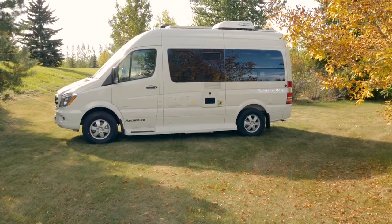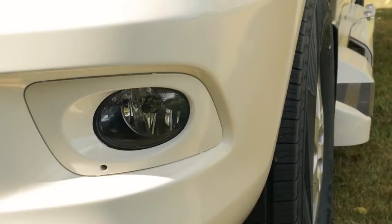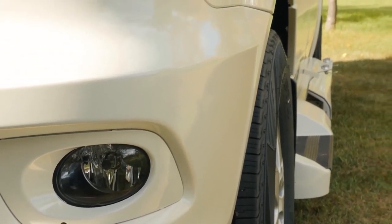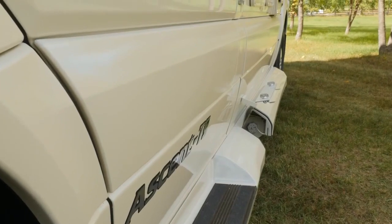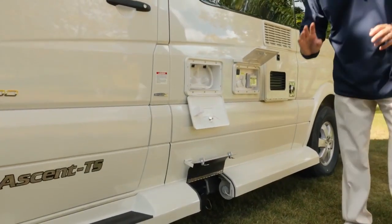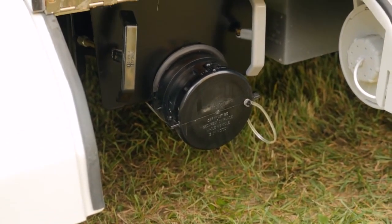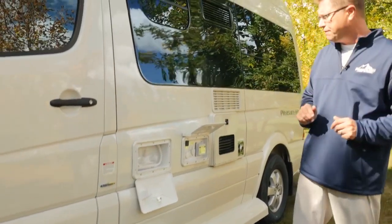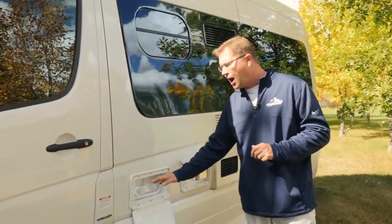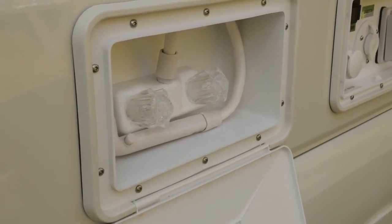As we come around to the passenger side, there's just a few more features I'd like to point out. You'll notice how our front bumper and our side moldings all match. That's a great option if you like that monochromatic look. Also, we have our easily accessible gravity discharge for your holding tanks, and it's gravity because gravity never fails. We have a hot and cold outdoor shower, which is great for rinsing the pet off maybe after a day